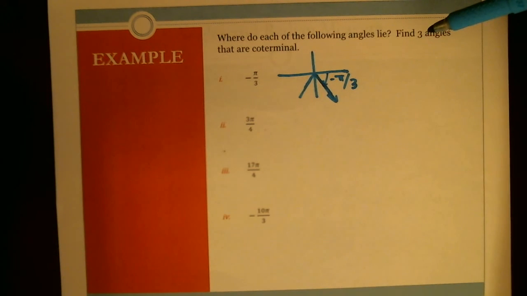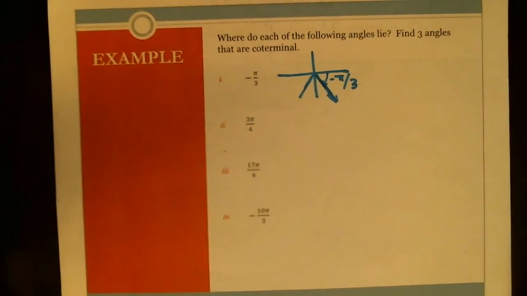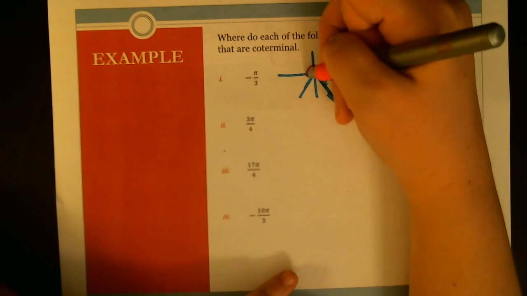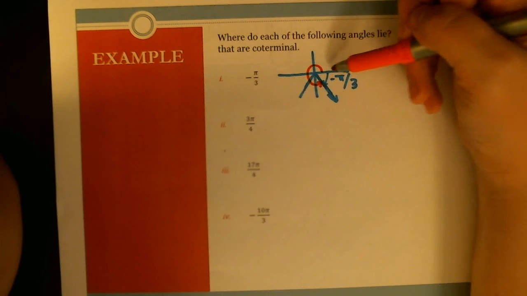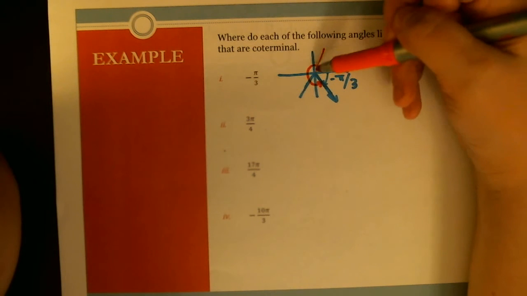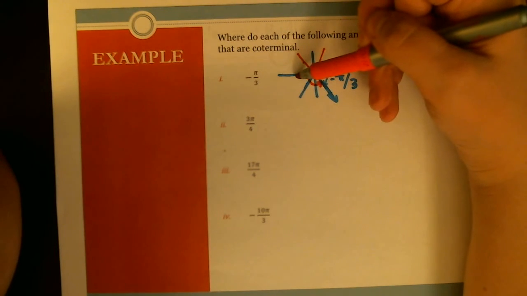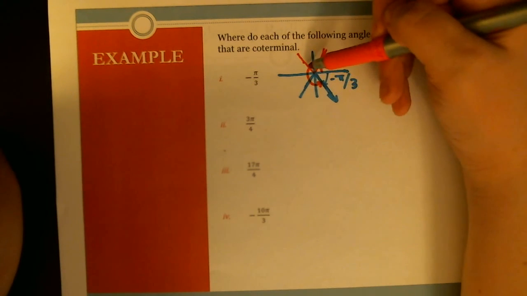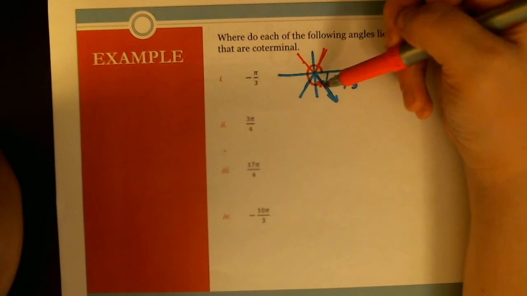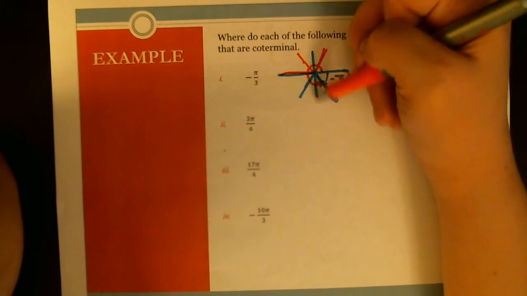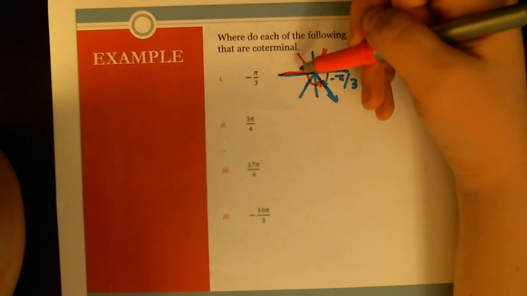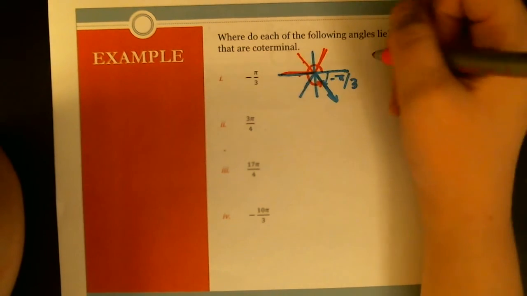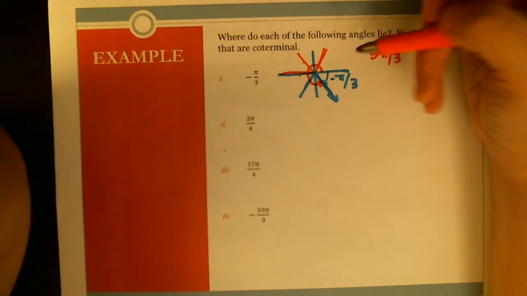We're also supposed to spot some angles that are coterminal. So again, I think it's wonderful if you can pause and try and guess them ahead of me. One option that I can see is I could just go the opposite direction and find a positive angle that lands there. So again, we want to count out how many pi over 3s. So we've gone through 1, 2, 3 pi over 3s. This isn't perfect, but it's close. And then 4, 5 pi over 3s. Okay, so I should be really clear that this is one of them. The y-axis is not a pi over 3, so we actually skip right over when we're counting pi over 3s. We go 1, 2, 3, 4, 5 pi over 3s is one angle that has the same